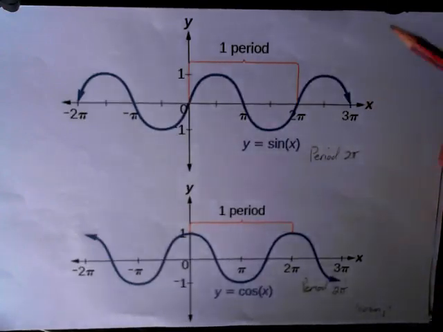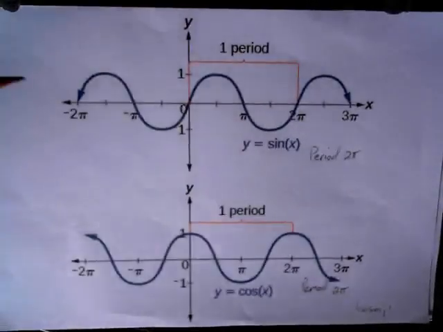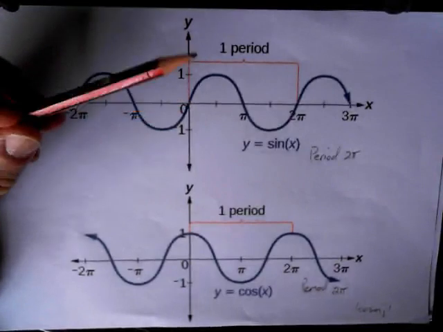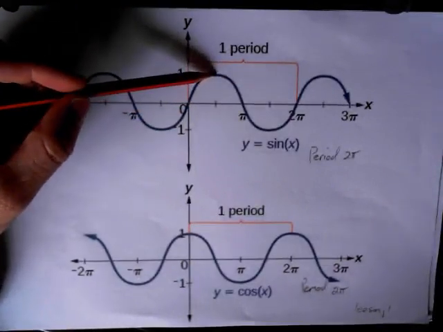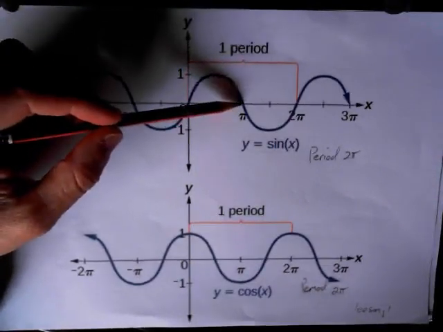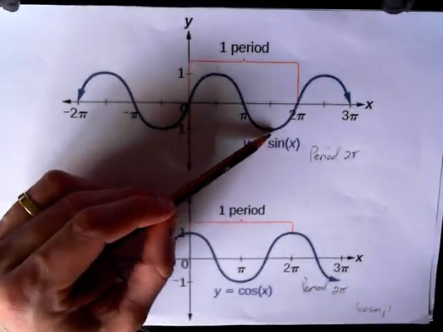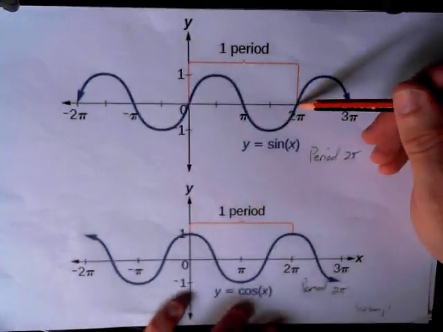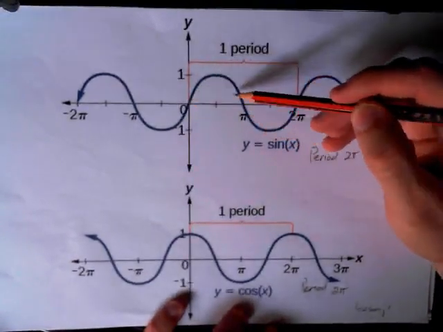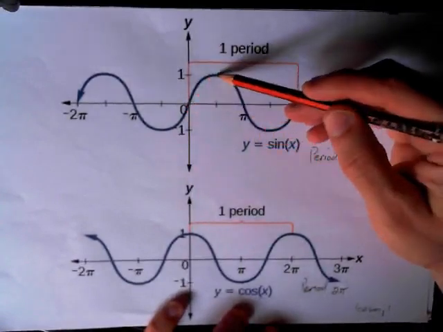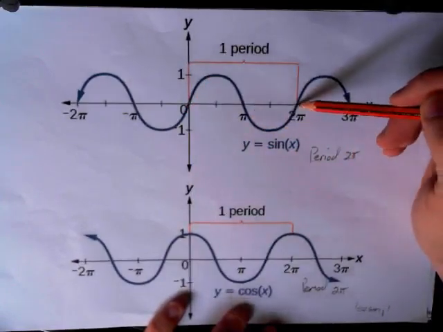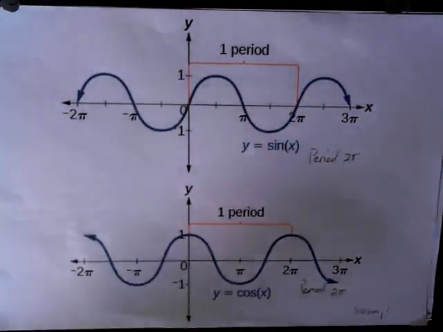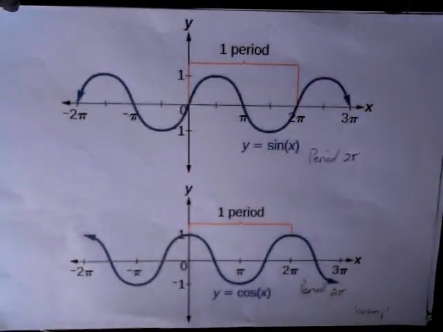So what we've got here is the sine of 0 is 0, the sine of pi on 2 is 1, the sine of pi is 0, the sine of 3 pi on 2 is -1, and the sine of 2 pi is 0. So we're going from 0, 1, 0, -1, 0. And what the function is actually doing, because you're going around in a circle, is oscillating between -1 and